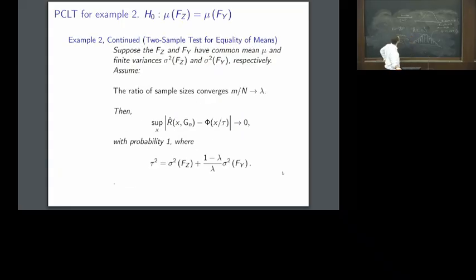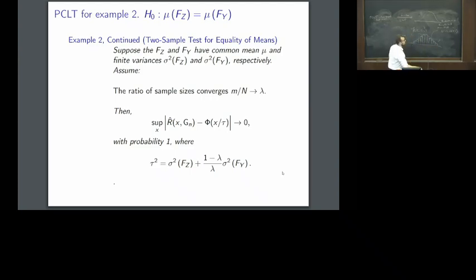Okay, what about the PCLT for the two sample test for the mean? So right, I got sample average of the first m guys, sample average of the last m guys. The first m guys are z guys, the last m guys are y guys. I reshuffle. For every reshuffling, I compute the test statistic of whoever landed in the first n positions minus the sample average of whoever landed in the m positions. That's going to stabilize to some